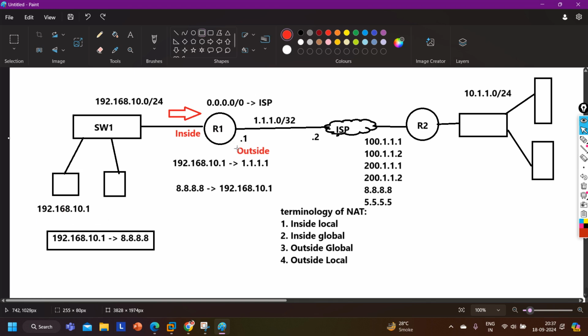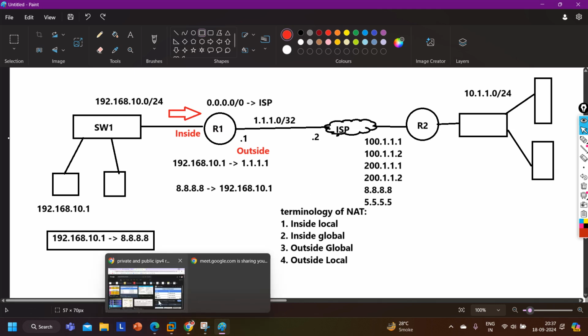Whenever it receives traffic on the outside interface, it will translate destination, this IP address. In the same way, Google, see, this is the inside network, so they are going to configure this interface as the inside interface and this interface as the outside interface. Clear, guys?